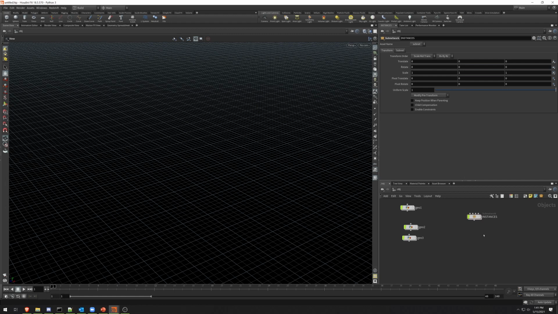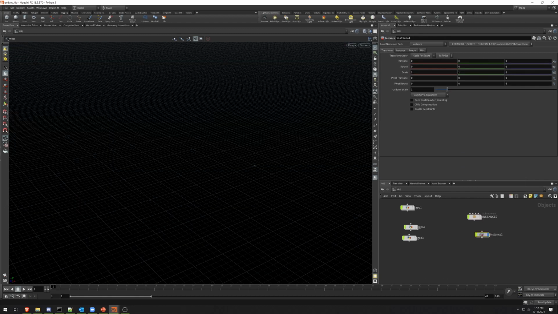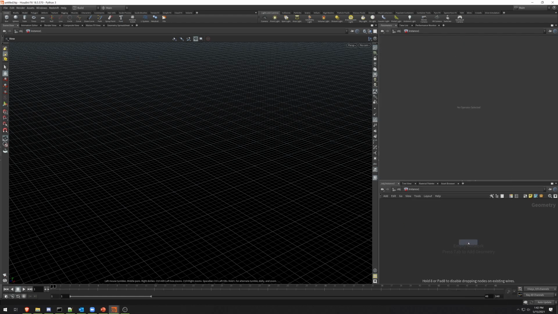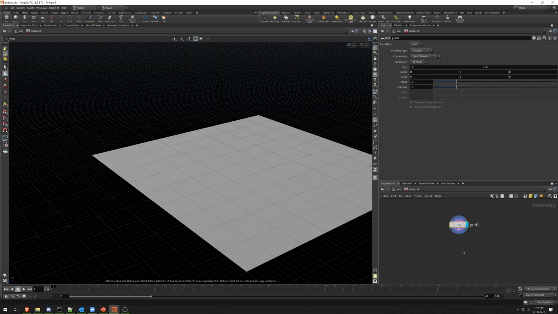I'm just going to show this method first for simplicity, and because it's also compatible with most third-party render engines, and there's still some gotchas using the other instance methods with certain third-party engines. So let's create an instance object, and this is going to be what we're actually going to create our instance points in. So let's remove this and then drop down a grid, and this will just have the instance points